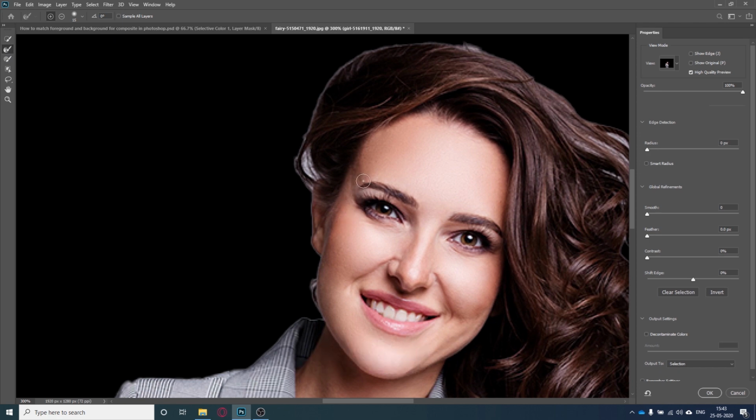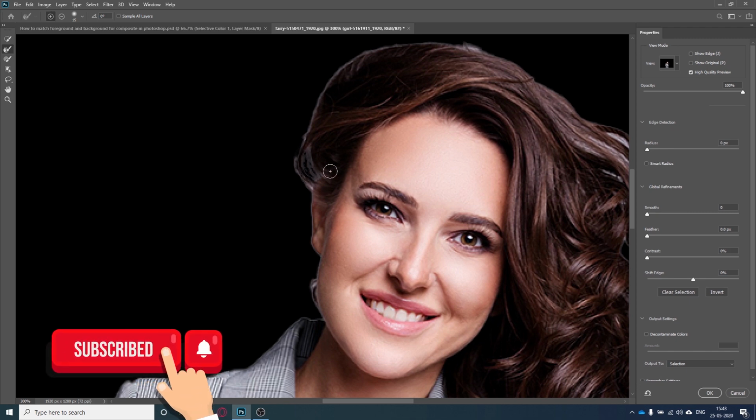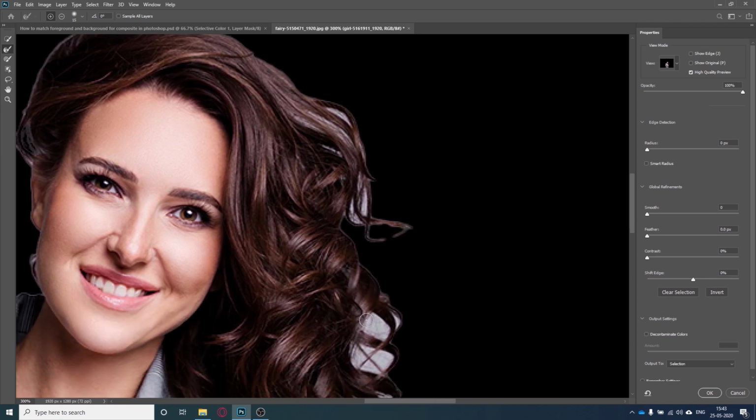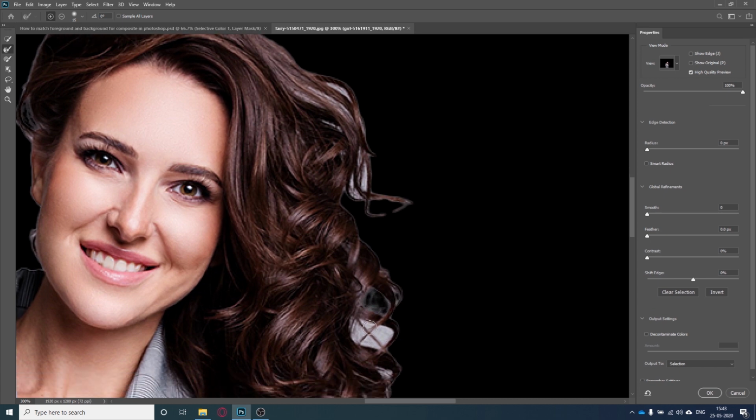Now we have the brush to make the selections. Click on the area which you want to remove around the hair like this. Great. Now go here. You can click and drag like this.